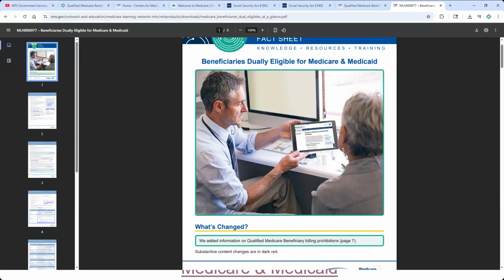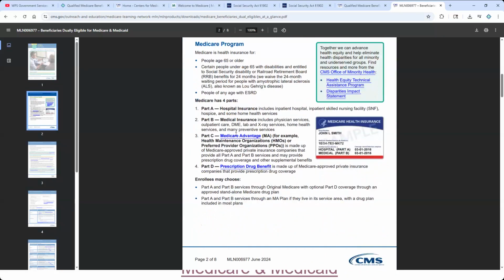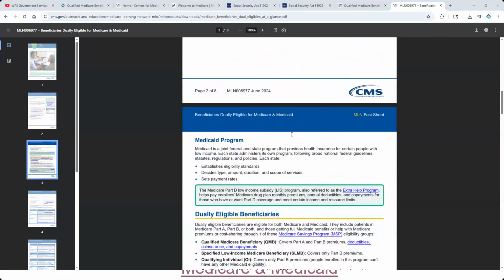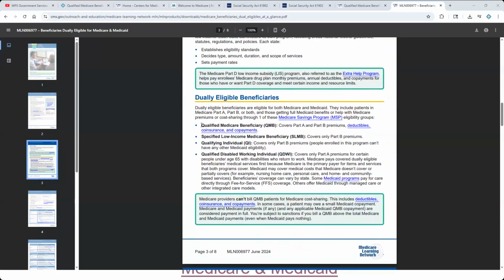But here's the booklet. You can read through a lot of the information. What's great about this is that it's going to give you high level, quick information. If you have someone that's new in your office, this might actually be a better place to start than someone that is familiar, kind of working with Medicare, etc. This might be what you need. So this booklet really does talk a little bit about the differences, what is dual eligible, QMB, and here's where people talk about that